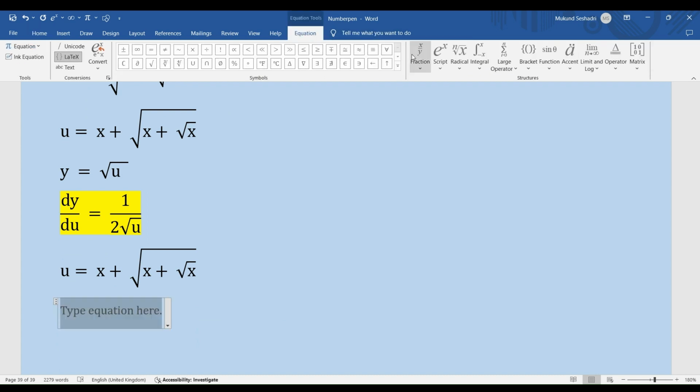So let's apply the sum rule of differentiation. My du by dx is nothing but d by dx of x, right? So let's write that d by dx of x, which is this. And then I have my